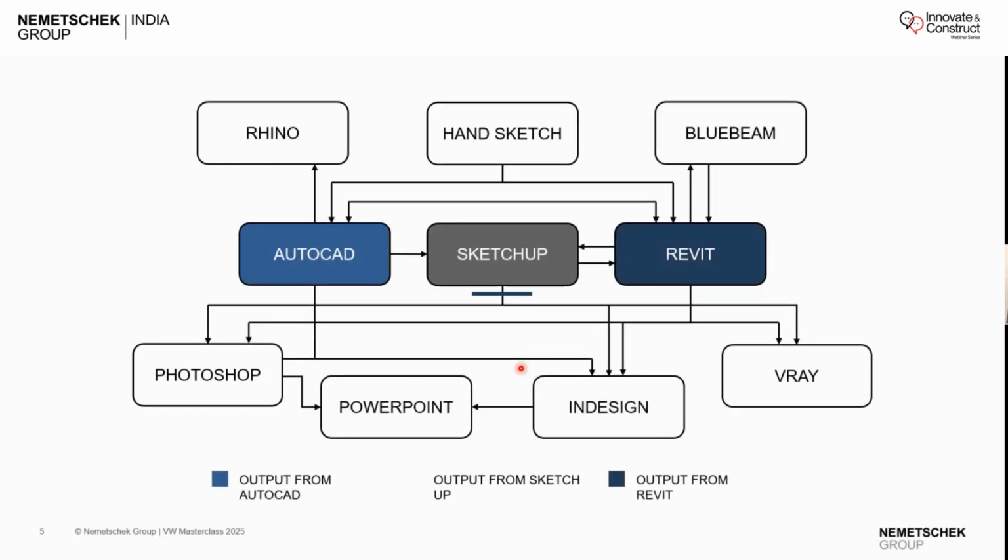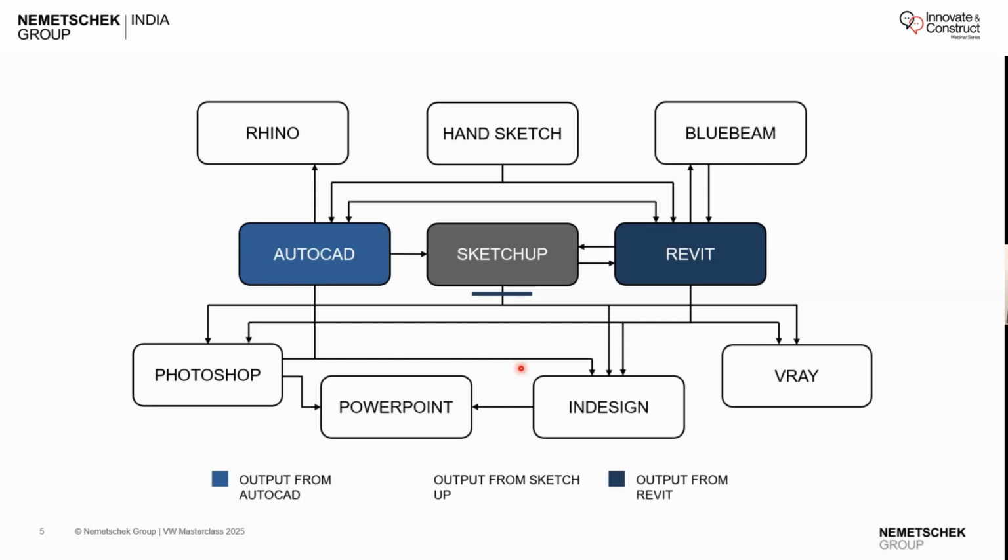You might have a workflow like this, where you use AutoCAD, SketchUp or Revit, and maybe a mix of software. Initially you start with a hand sketch. Once you're done with your hand sketch, you bring it back to AutoCAD and do some of the 2D work. Then, just to visualize it, you bring it to SketchUp. Maybe you don't get some of the BIM workflow or information takeout,